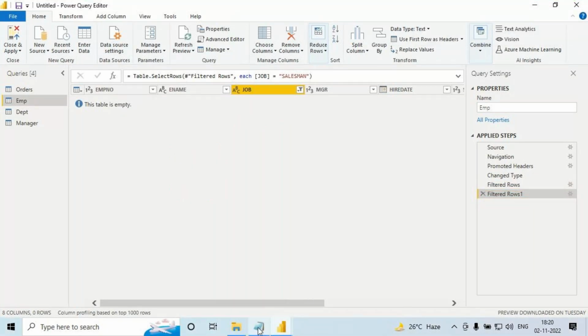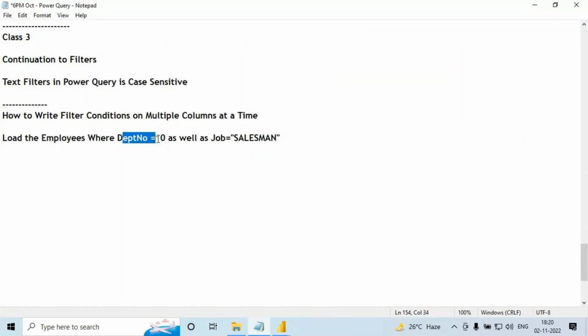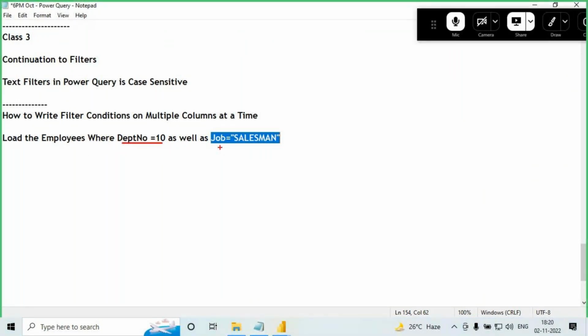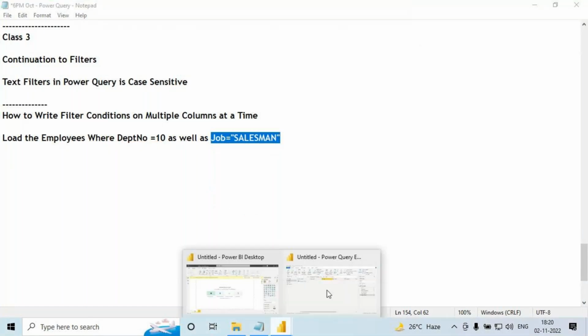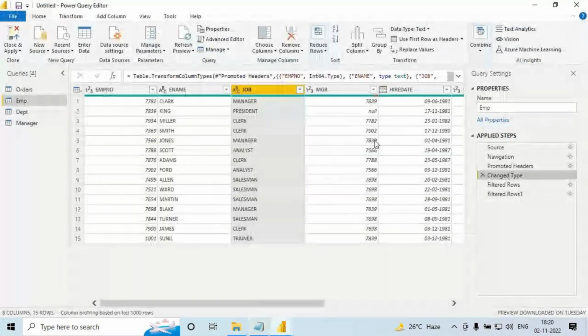Look at this and tell me: in order to load the employees whose department number is 10 and job equal to salesman, I need to load the employees who belong to the 10th department as well as job equal to salesman. I need to load 7 records into the Power Pivot. If you want to load 7 records, you need to write the two conditions. Between the two conditions, whether we need to use and